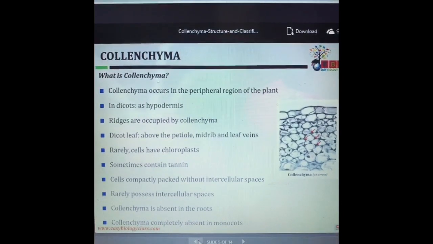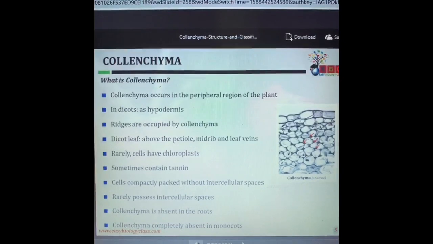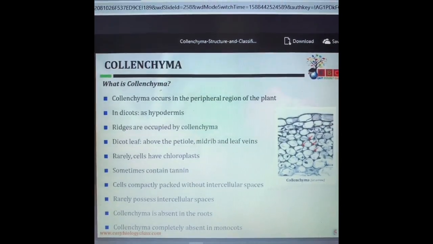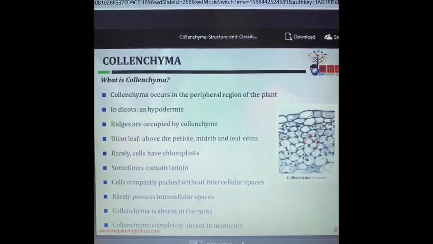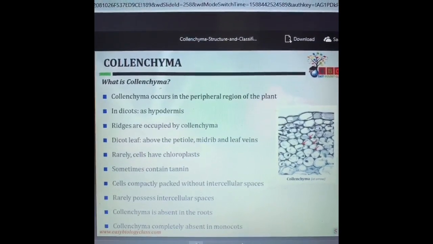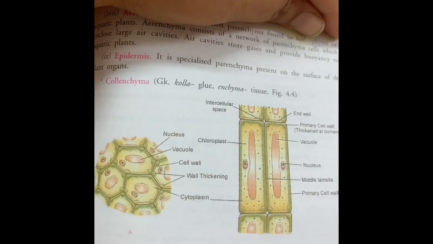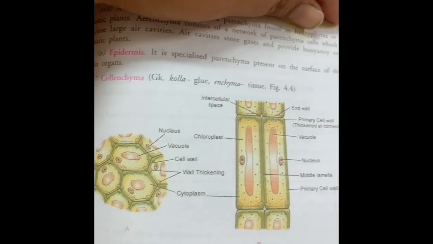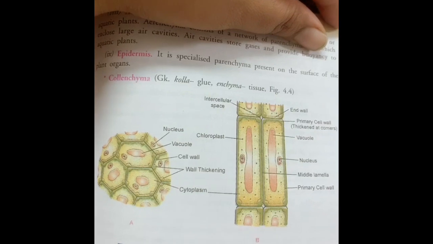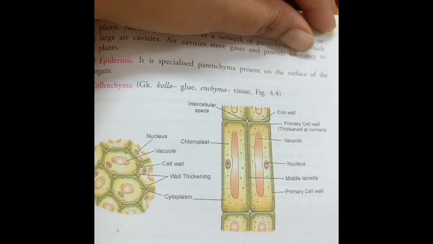The collenchymatous cells give mechanical strength to the tissues, and they help the plant's organ bend without breaking. The collenchyma also allows growth and elongation of organs, and being living tissue they also help in storage, and some may contain chloroplast for the function of photosynthesis. You have to draw this diagram for the collenchyma tissue. This shows the collenchyma in the transverse section and the longitudinal section. The cells are elongated, unevenly thickened. They provide mechanical strength.